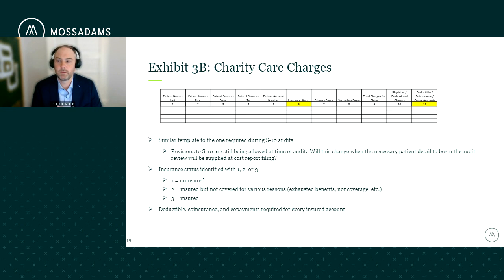All of this data will be needed at the time of filing. They'll have the information in these templates to start their reviews. So it becomes more important than ever to make sure you get this data correct at the time of the as filed, and not wait for a revision, because at some time that may not be able to happen. They may just allow this as filed going forward because they'll have all the information.